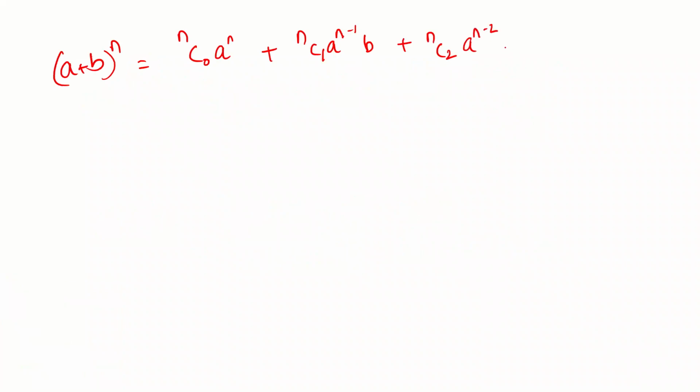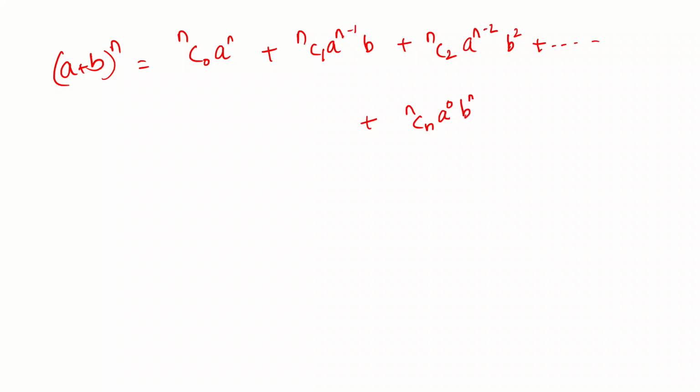The general formula will be of the form (a + b) to the power of n. This n can be anything, so it will be something like nC0 a to the power of n, then nC1, where a's power is decreased and b is introduced, then nC2, where a's power is further decreased from n minus 1 to n minus 2, and b's power is increased from b to b squared. This will go on up till the end, which will be nCn. A's power will be nothing now, or you can write it as a to the power of 0, or you can also omit that, and then finally b to the power of n.